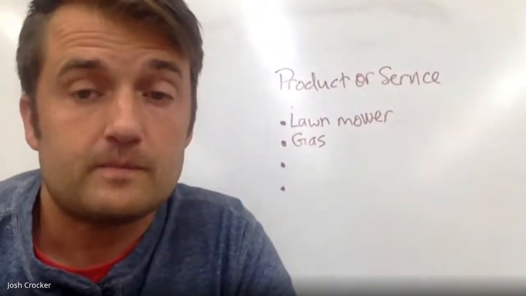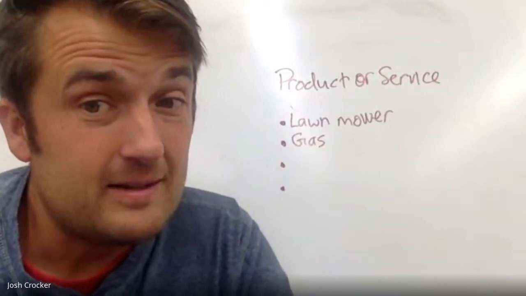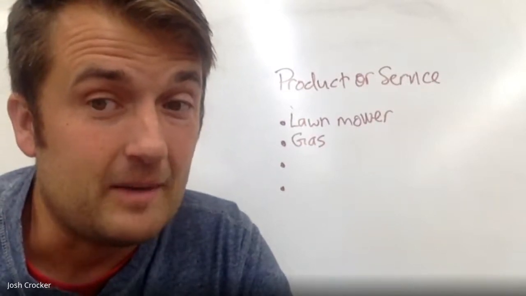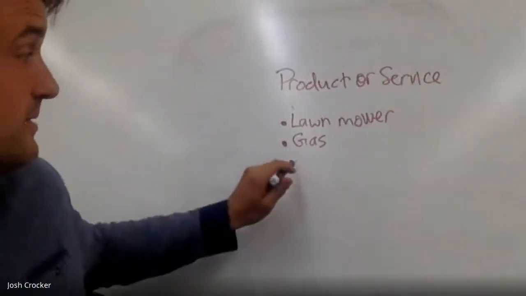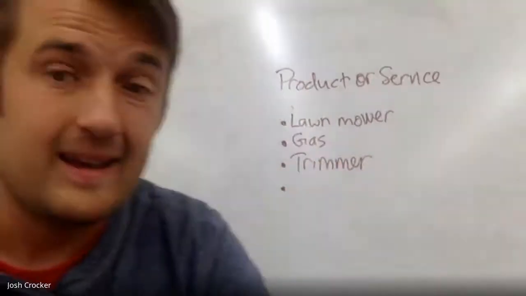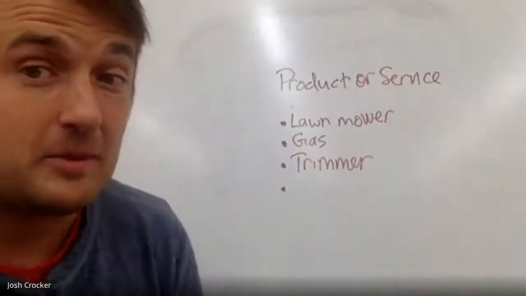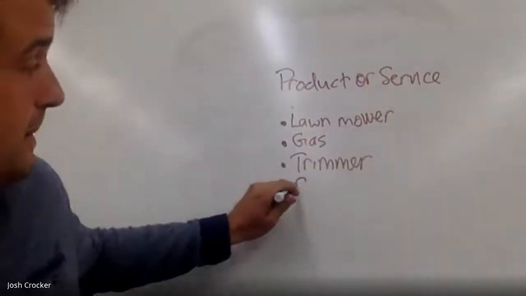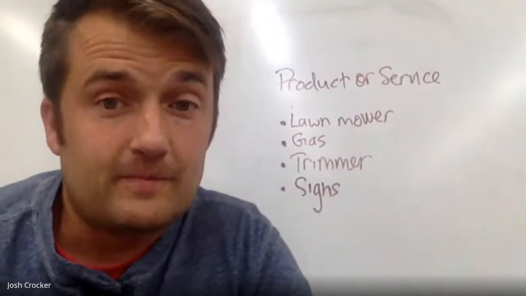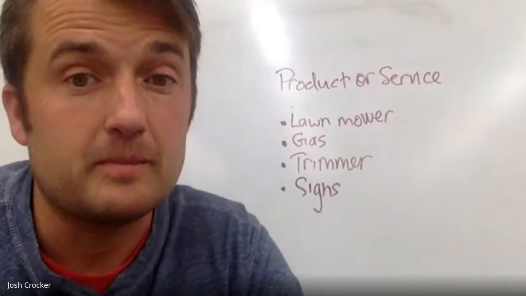I'm going to need maybe transportation to get to all these lawns. I might need clothing to mow the lawns in. I might need a weed whacker. That seems like a good one. Okay, so a trimmer or a weed whacker. And then I'm also going to need something to let people know that I'm doing this. So I'm going to put up some signs around my neighborhood. Okay. So I want you to come up with 4 expenses. These are the expenses that I came up with for my lawn mowing business.